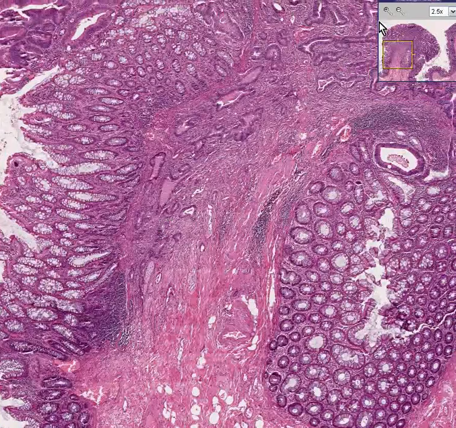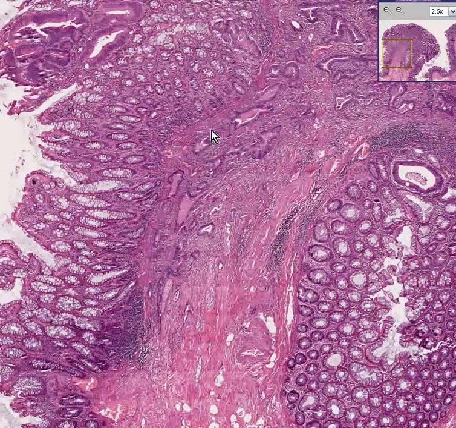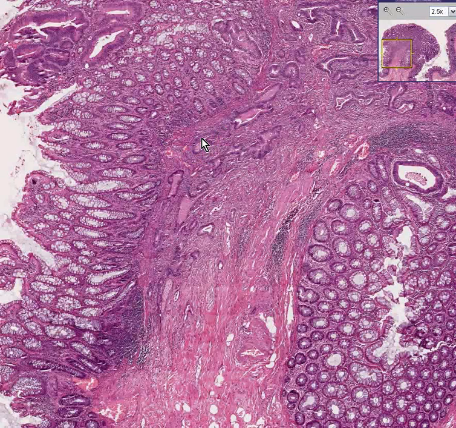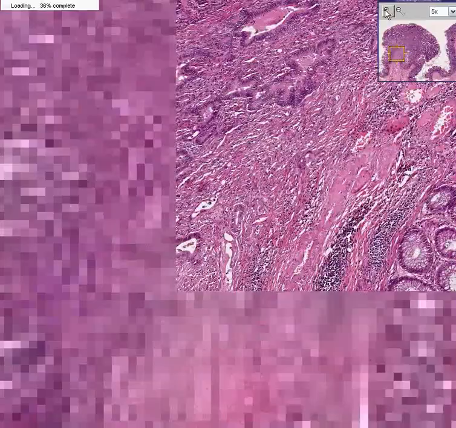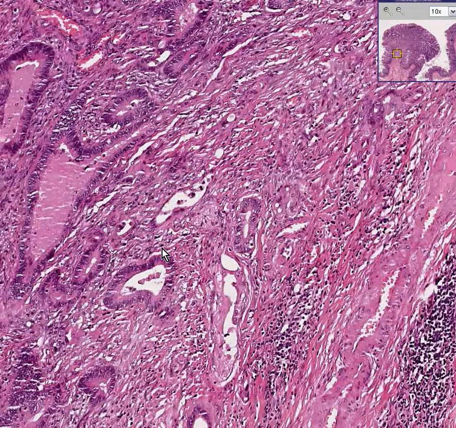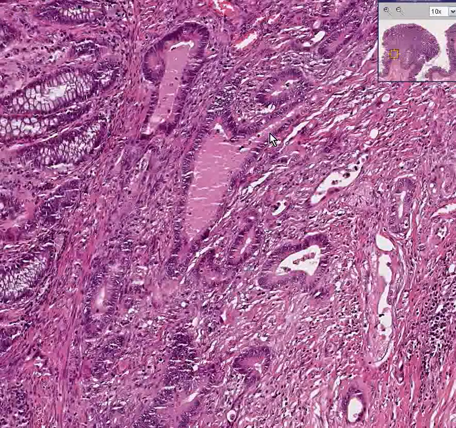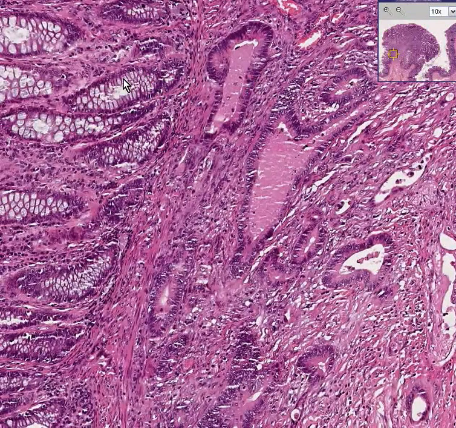And let's get another view, because what I'm going to do is compare these irregular, dark, malignant infiltrating glands with the normal glands of the normal mucosa. Here are your cancerous glands. Here and here, irregular, dark, infiltrating, pleomorphic, with mitoses, right next door to a bunch of perfectly nice altar boys forming